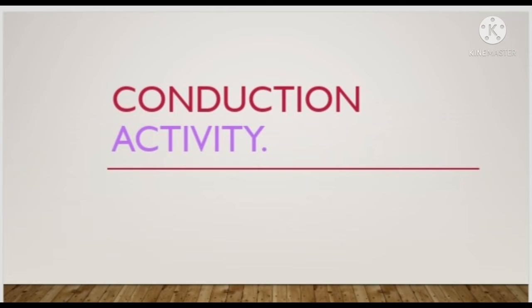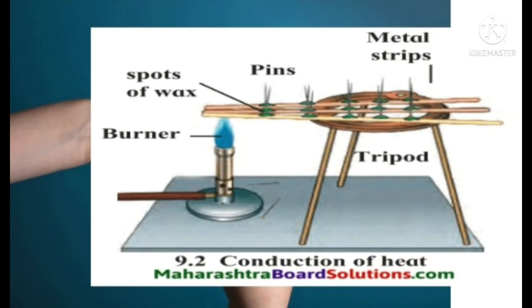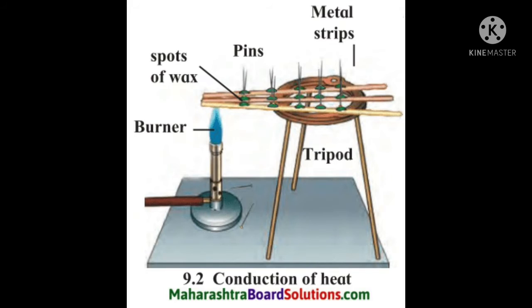To see conduction we can do one activity, and the procedure of this activity is: take stainless steel, copper and aluminum bars, each 30 cm long and having the same shape. Apply wax spots with the help of a candle at a distance of 2 cm from each other on all three bars. Stick a pin in each of these spots so that it's upright. Now insert the end of all three bars into the flame at the same time and observe for a while. So you see that the pins fall starting from the end nearest the burner.